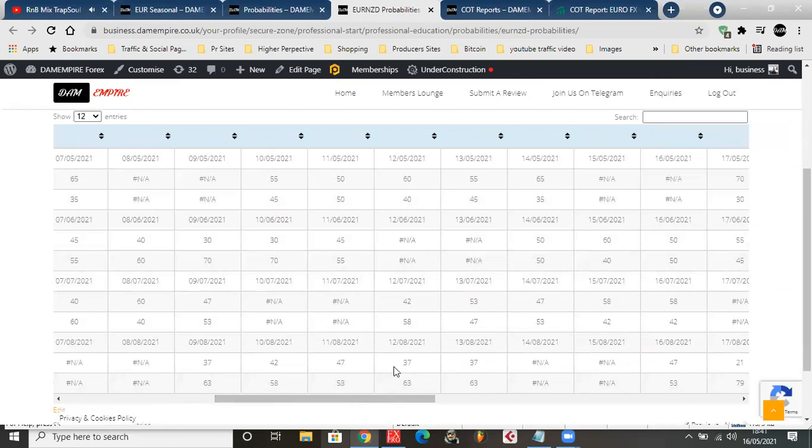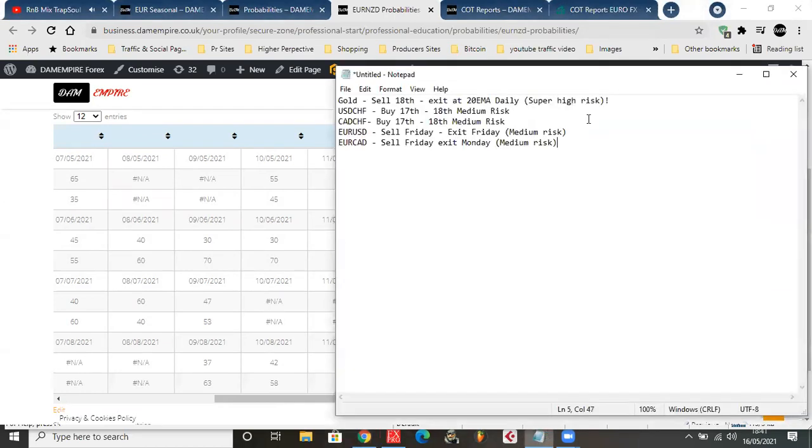Thank you for attending today's webinar, and I'm going to catch you in the chat room. If you have any questions, just drop them in the chat room. We're going to talk. So these are the trades to look out for. Keep in mind some of them are risky. You can take a screenshot of this, and that's what we're going to be looking at this week. I might probably find some more later on, but that's about it.